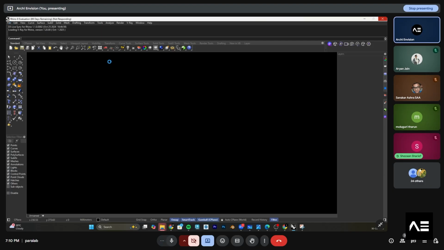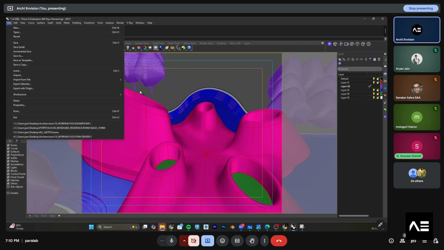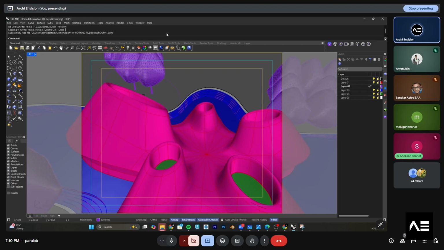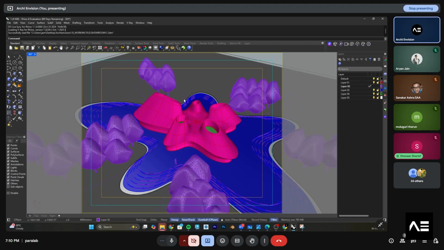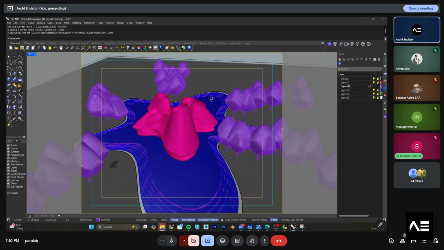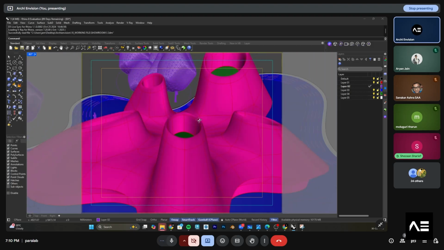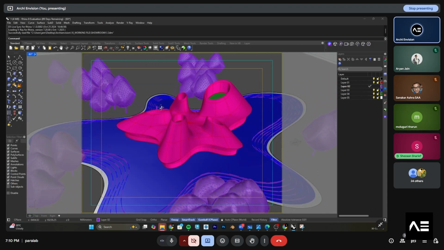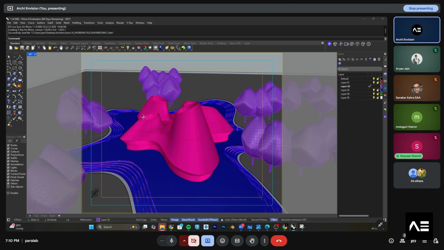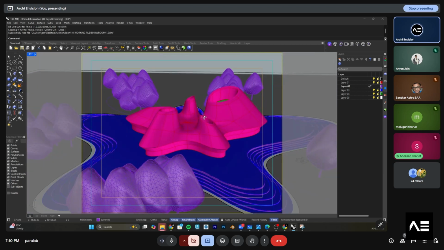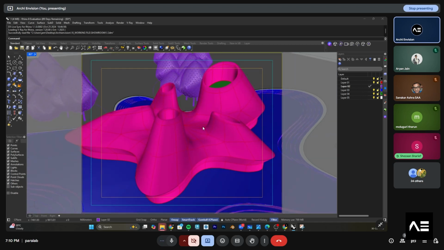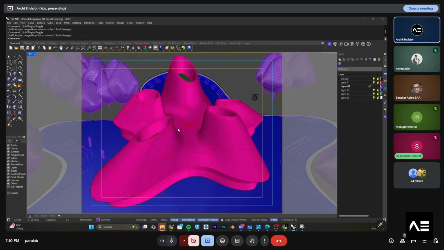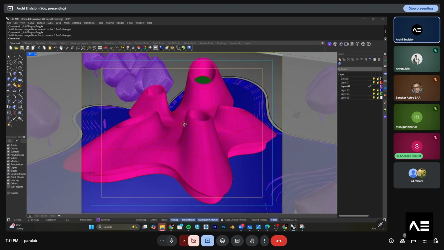It's actually loading. Yeah. So I'll briefly show you how the file will look. This is how the entire file will look after modeling it. This is the overall model, which will have all the set of details. This is the basic pavilion which I've done using sub-D. This is how it will look.